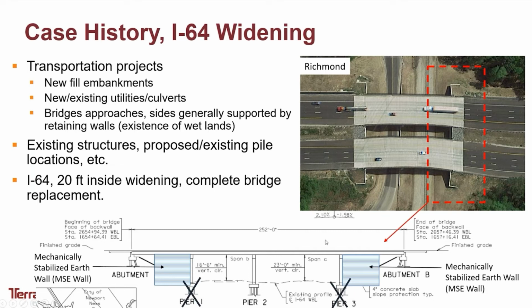As you can see from this cross section, the initial plans for this bridge were to have the abutments on top of this embankment. The plans have been updated, such that the contractor wanted to build an MSE wall instead, and that means there's a lot of addition of new fill, right? The piers are going to go, there will be less span. It is actually cheaper for the contractor, but that comes with some additional issues,